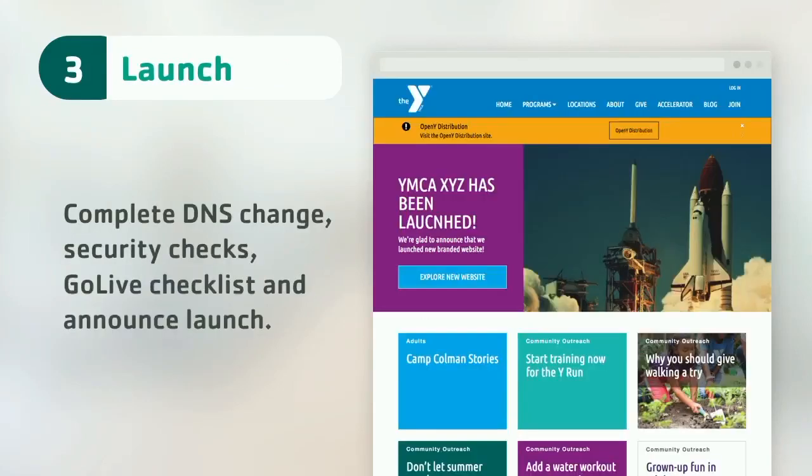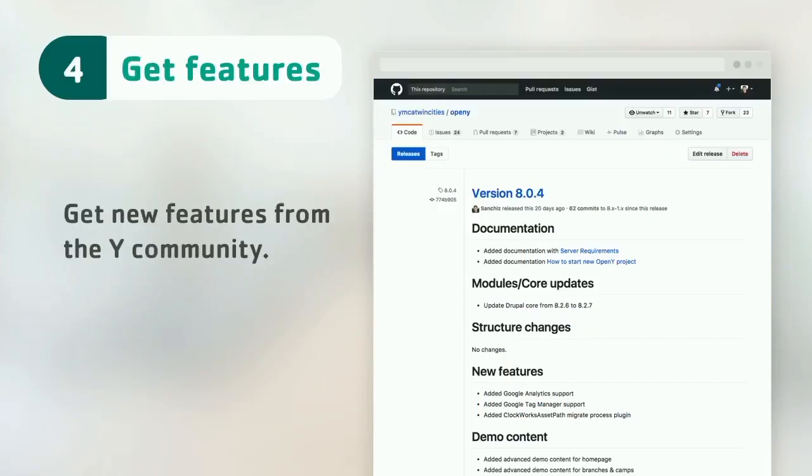And then you can complete DNS changes, go through some security checks, a go-live checklist, and announce your launch on Twitter, Facebook, ping your friends, different departments, and say, here we go, we've just launched a new website. And the magic part of that, then you will get new features from the community, and the magic word here, for free.